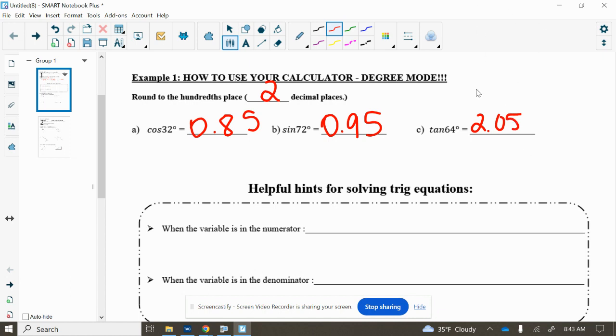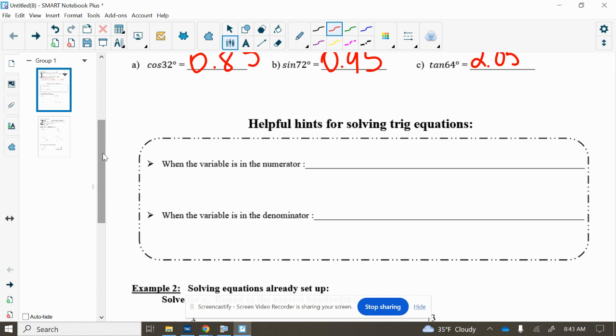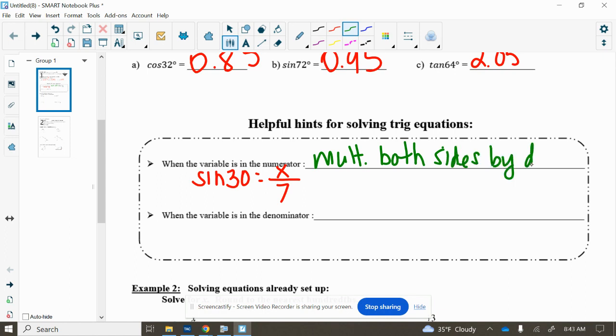Now, how can we then use our calculator's approximations of these values to actually solve for sides of our triangles? We are going to end up setting up equations that we have to solve. So when the variable is in the numerator, for instance, let's say I have sine of 30 and the x value is on the top, I have a number on the bottom. What ends up happening is we multiply both sides by that denominator value, right? Because we cancel out that denominator,